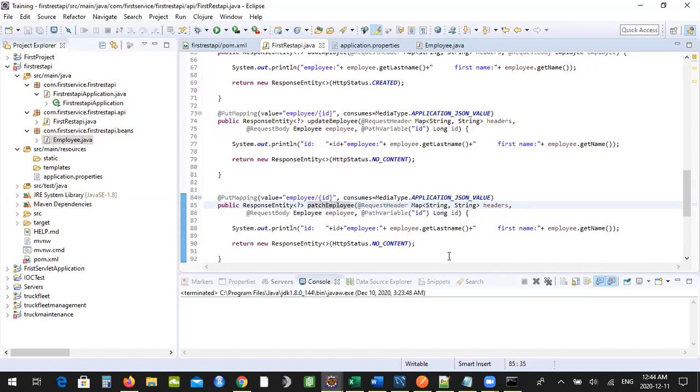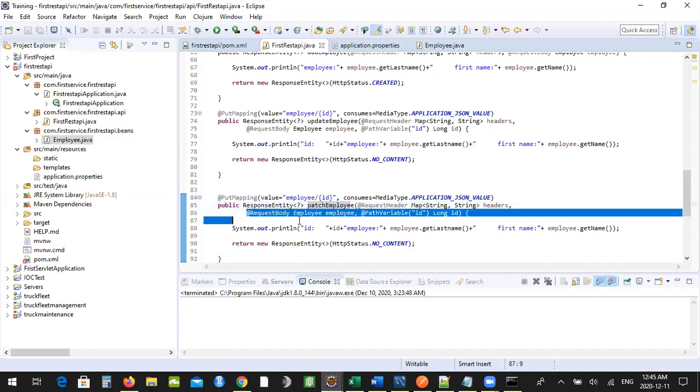Here it again depends, guys. We are not supposed to get the entire employee object, but if your business demands, we can do that. Okay, I always prefer not to get the entire object because we are just patching a little bit of the content. We are not replacing the entire content or entire resource on the server, right? It's just a change in the name or something like that. For that purpose, we will be using,